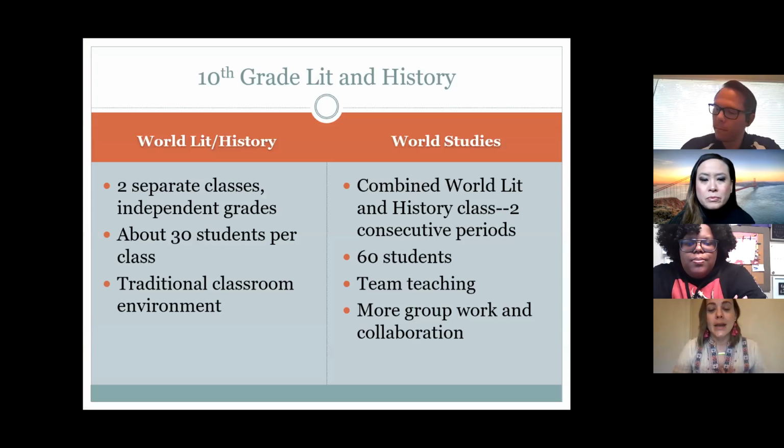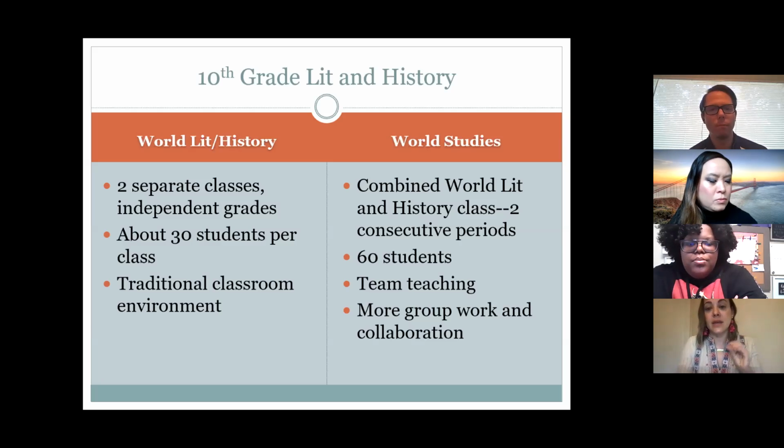All right, so talking about English and history classes for next year, you will have 2 choices to make. You will either choose to take world literature and world history, or you will choose world studies. World literature and world history are normal classes the way an English and history class is. They're separate classes, separate grades. Obviously an English class, history class, normal, what you're used to. World studies is different. It is a combined English and history class. It is consecutive periods. So you would have the English class, say maybe first period, and the history class second period. So you would have English and history back to back every day.